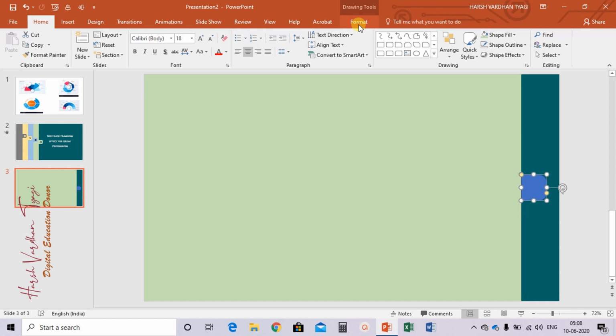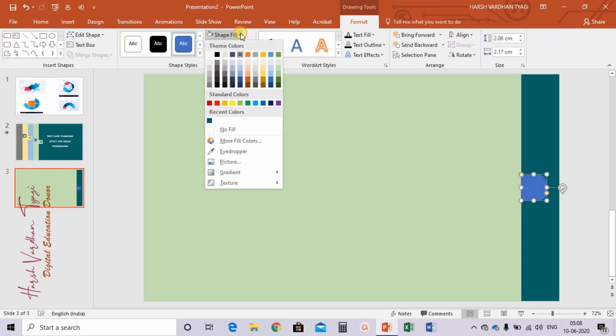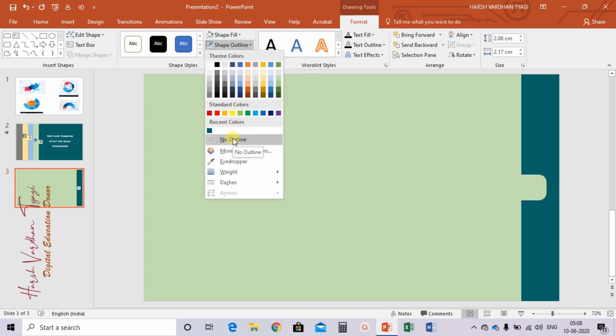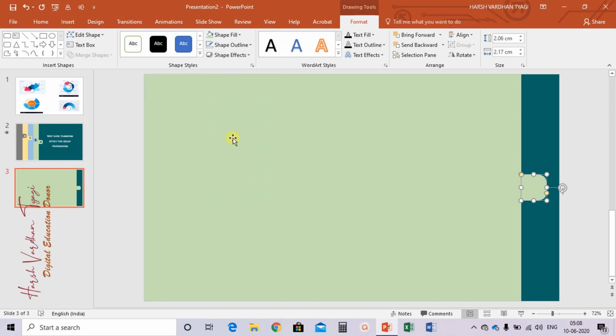Again go to the format tab, shape fill, select the same color as the slide rectangle, and select no outline.